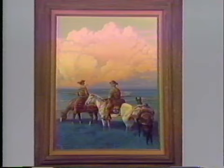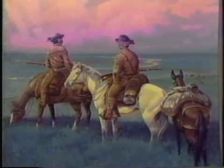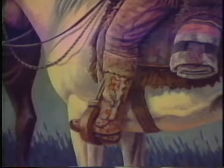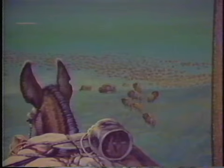Okay, Patrick, here we are. Yeah, this isn't exactly a wildlife painting. This is one I've done recently. Since we moved back to Oklahoma, I wanted to start doing some paintings more along a historical vein, some of the things that may have taken place or actually took place in Oklahoma. I've always had a great interest in the early pioneer days of the state and the prairies the way